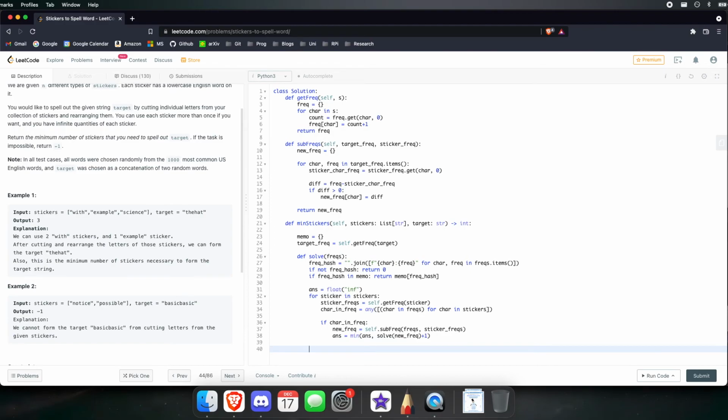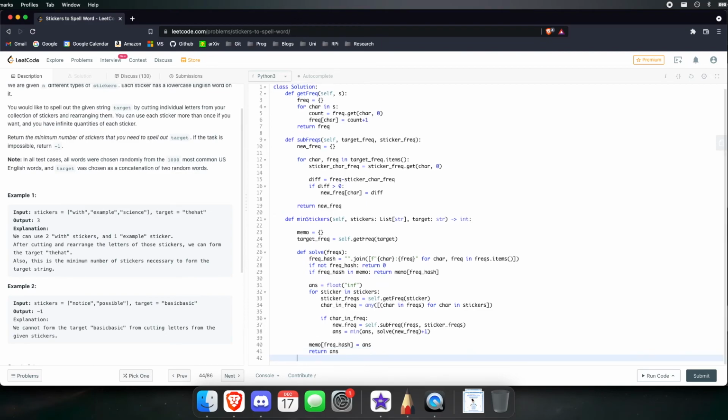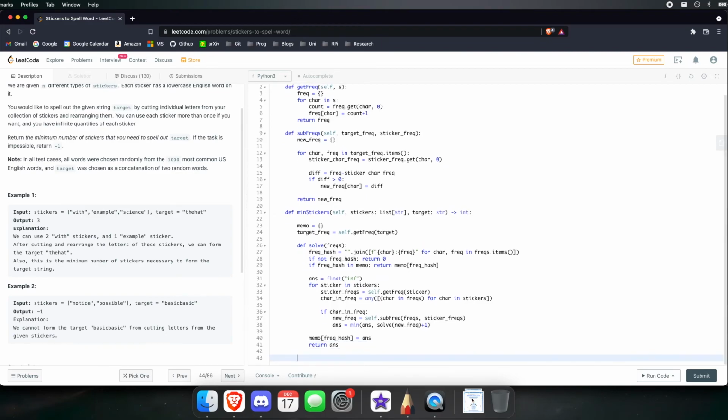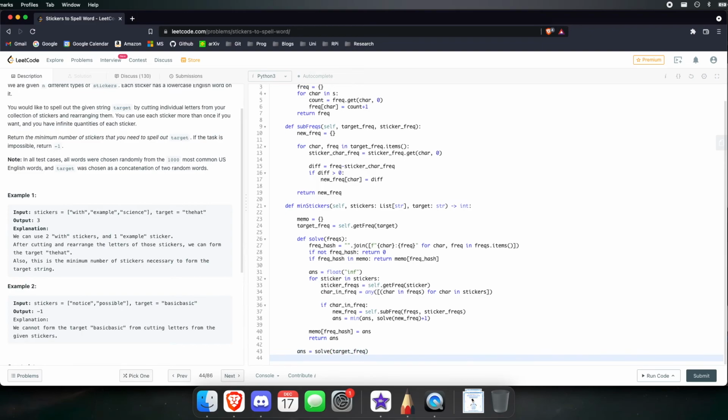Now after that for loop, we just want to add this computation to our memoization in case it's later needed. And then finally we can just return answer. Now we want to call this function with our initial target frequency table that we calculate right up here. And if this answer is float infinity,